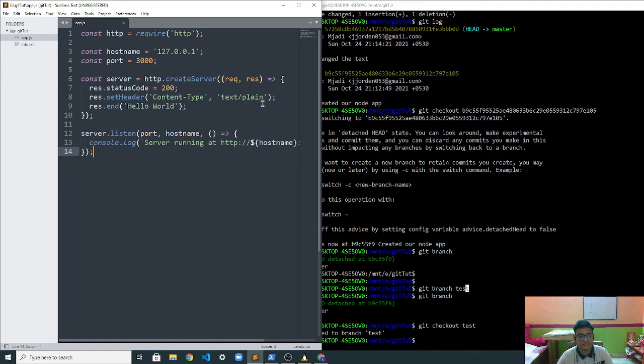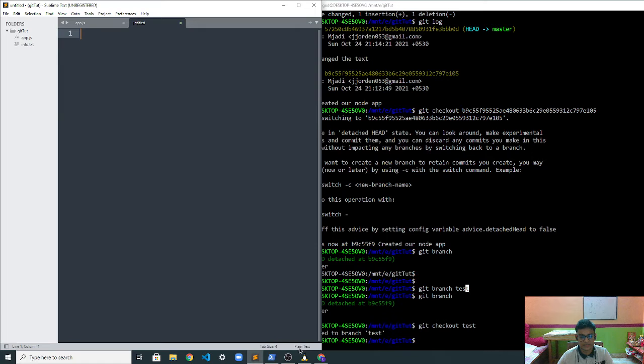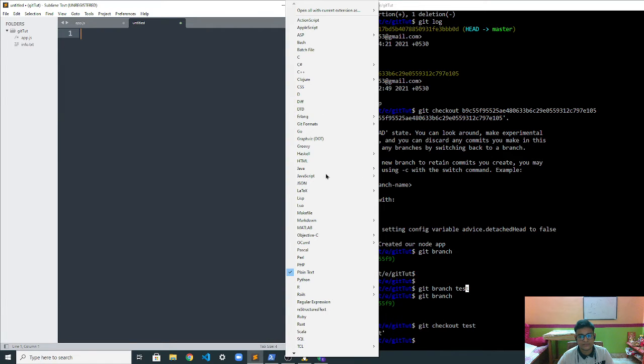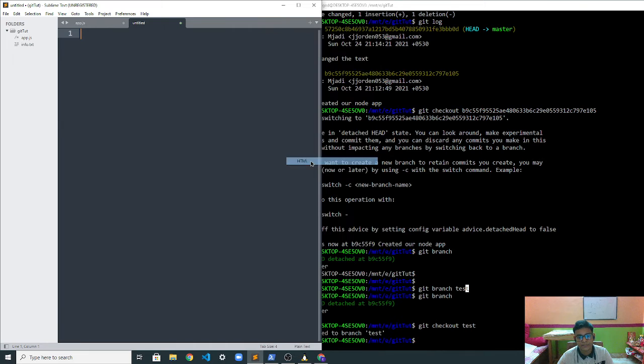Let's add this HTML over here. Where is it? Yes, and now if we type HTML, we have the boilerplate.